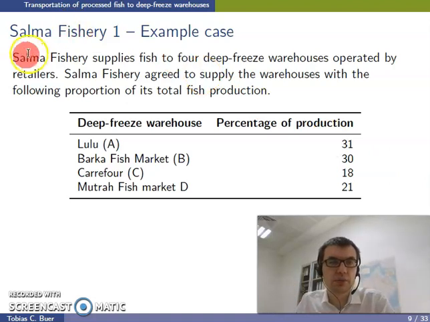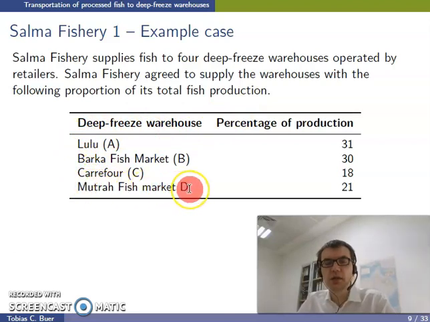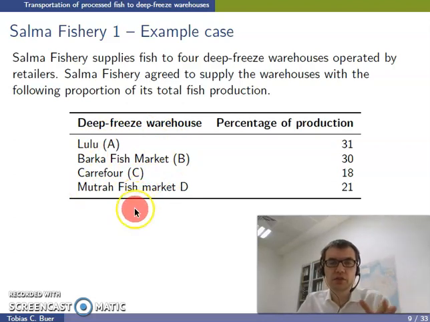And our example company is called Selma Fishery, and Selma Fishery supplies fish to 4 deep freeze warehouses operated by retailers. Selma Fishery agreed to supply the warehouses with the following proportion of its total fish production. We supply Lulu, Balka Fish Market, Carrefour and Matra Fish Market. These are our customers. In particular, these are the deep freeze warehouses of our customers that receive the fish from our factories. And now the contract